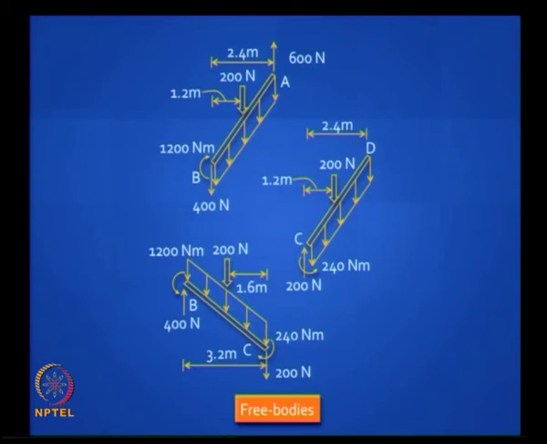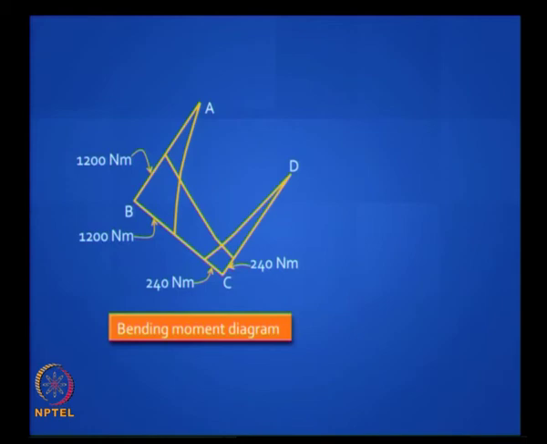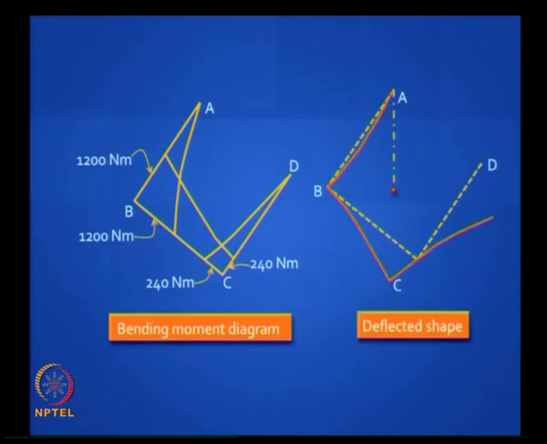In a cantilever frame, it's wise to start from the free end of the cantilever, and your bending moment diagram will look like this, and a rough shape of the deflected shape will look like this. So intuitively this must appeal to you, and you must also note that this diagram is drawn on the tension side. So the curvature must give you the feeling of tension on the right side.